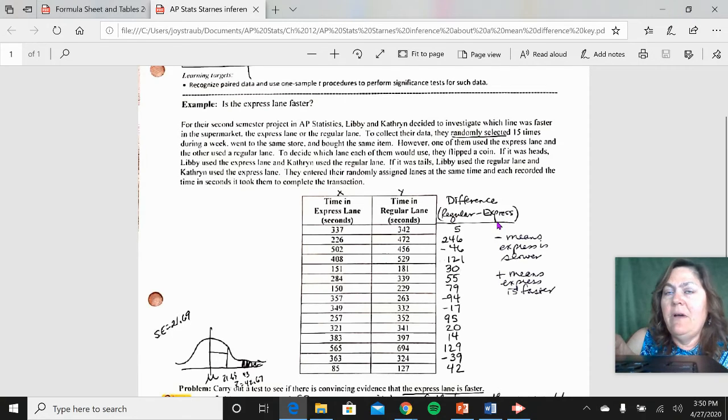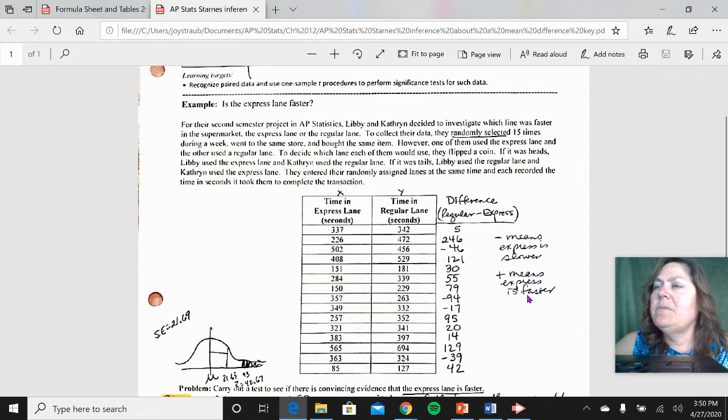I did regular minus express, because the positive and negatives here would be opposite, and the meaning of this would be opposite if I had done express minus regular. The question down below is whether there's convincing evidence that the express lane is faster. That's why I chose to do regular minus express, because a positive number here would mean that the